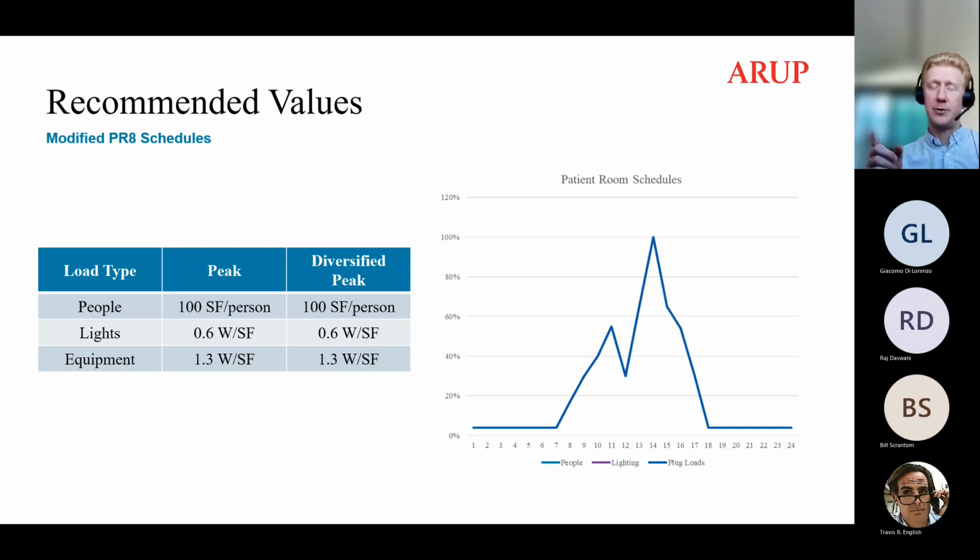So that 0.6 watts per square foot is already including a diversity. And since here at this stage of modeling, we're in concept design for the project, we don't have each individual patient room separately. There's not necessarily a single zone for every single patient room. This already takes into account a diversity across multiple patient rooms. So yes, when I use the word diversified here, it's a very good point, Travis. It's not the same as a cooling load diversity for a sizing calculation. And we've taken into account those recommendations in coming up with what the peak that should be seen in that annual